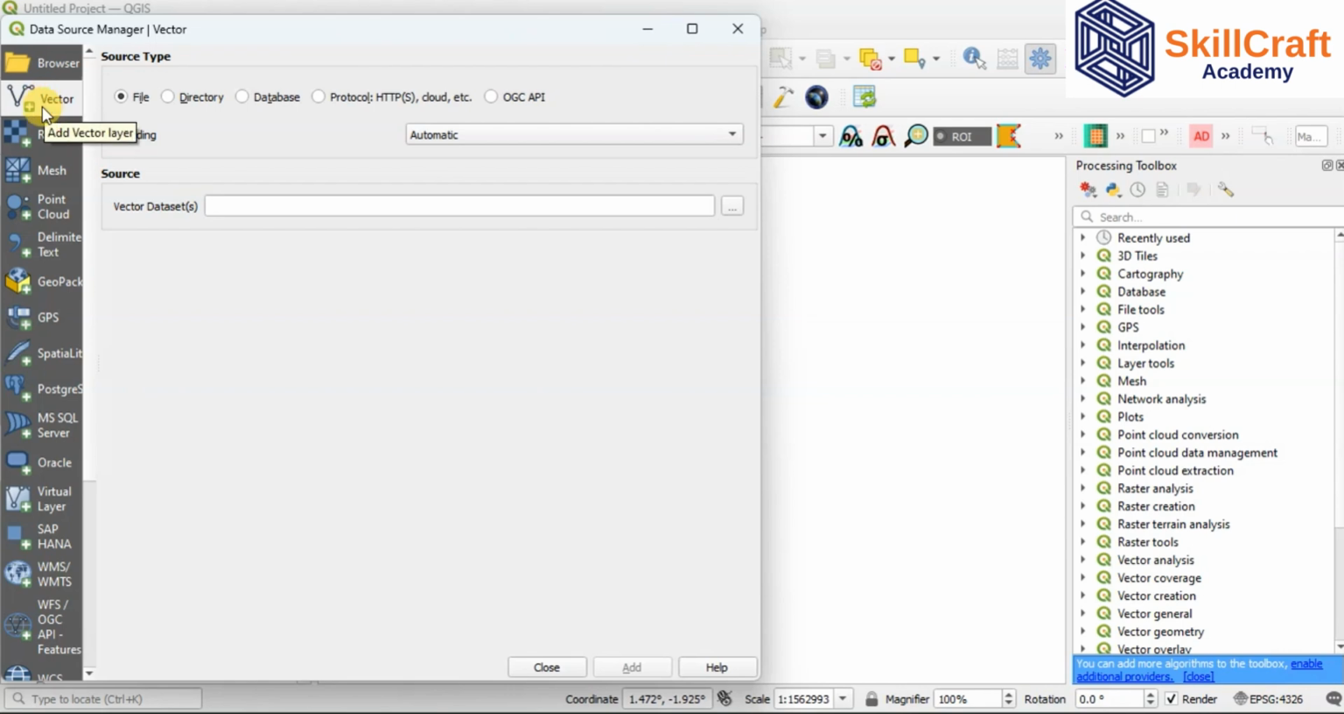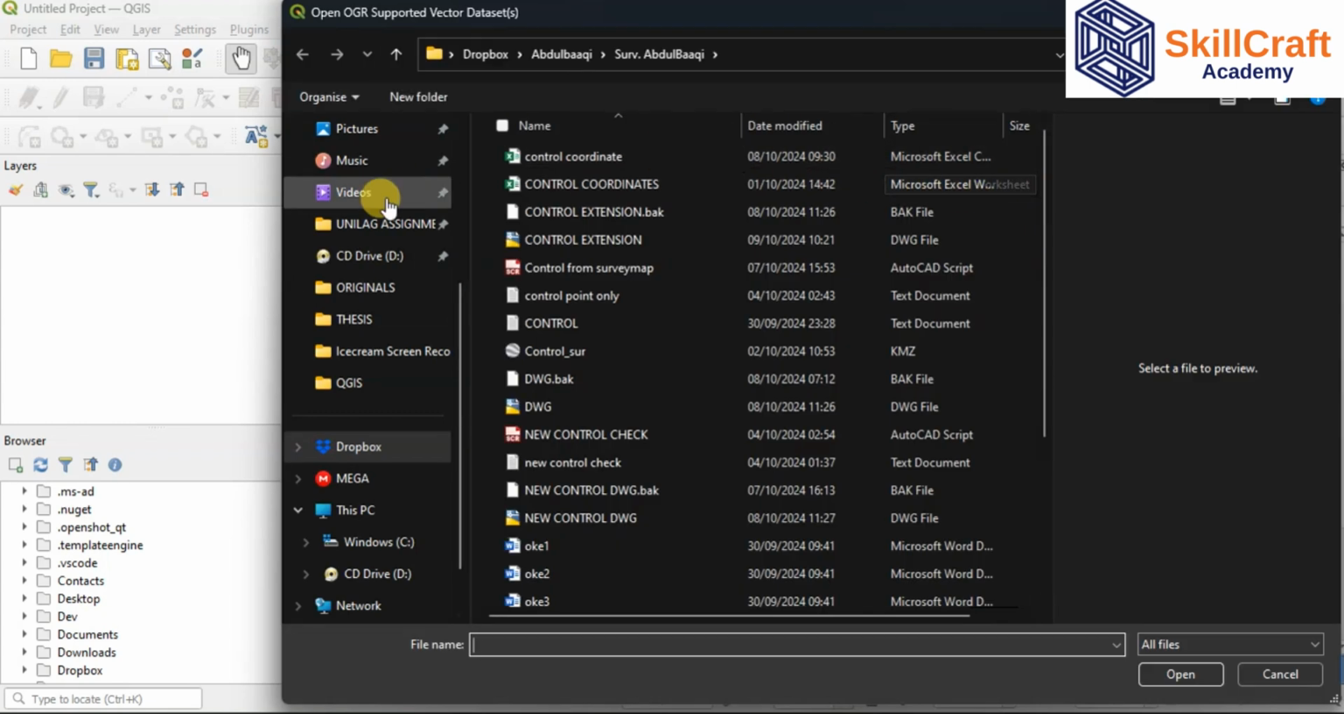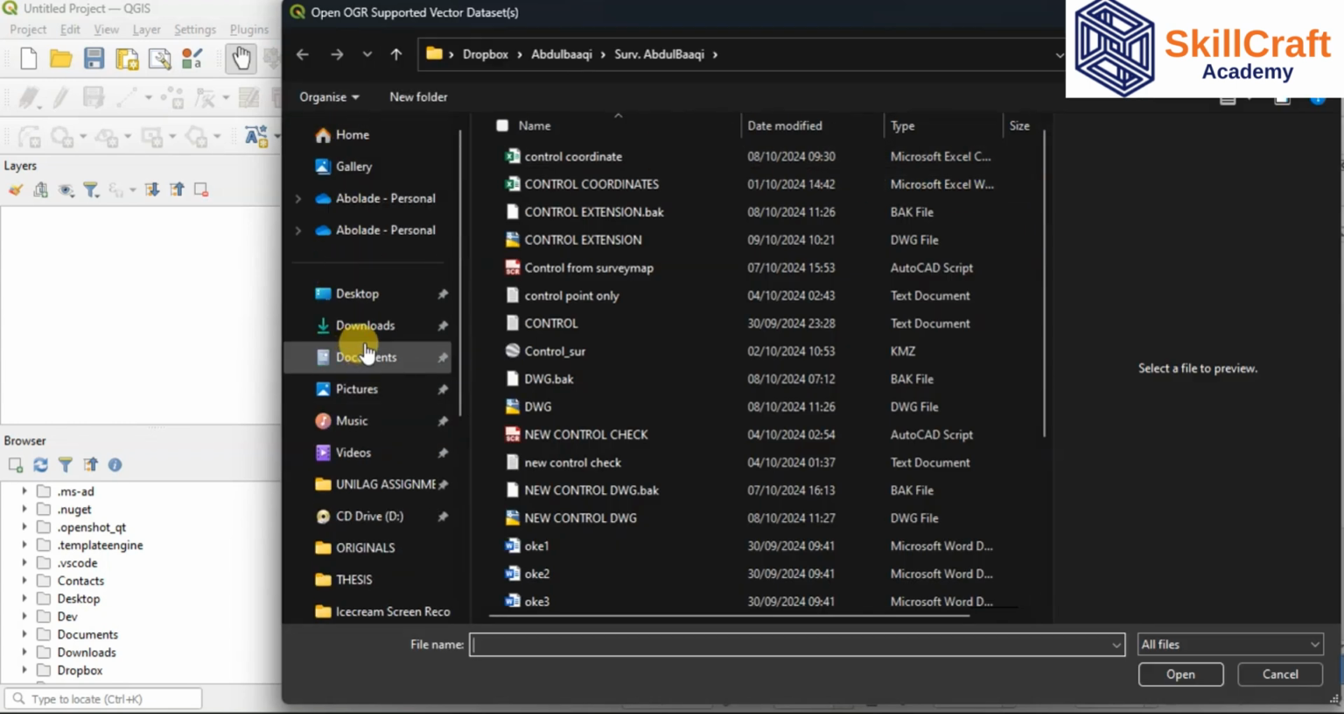Now this is vector layer. Mind you, QGIS has the ability to add so many layers. We have the raster layer, we have mesh, point cloud, delimited text, and so on and so forth. Even database, you can see PostgreSQL, MySQL, Microsoft SQL Server, Oracle, and all that. So we are going to our vector data, click on these three dots, and I know my vector data is in documents. I've saved it in my documents,